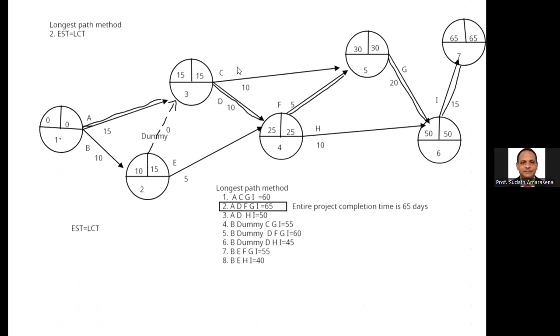Now it's okay. Now we have found the critical path. I would like to write down the critical path. The critical path is